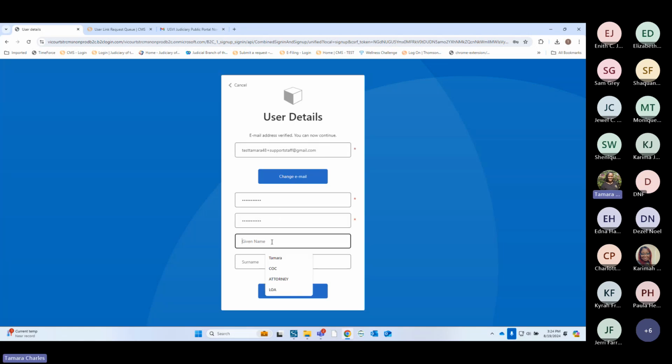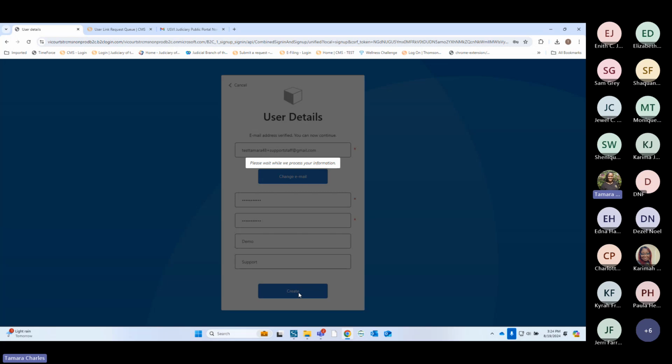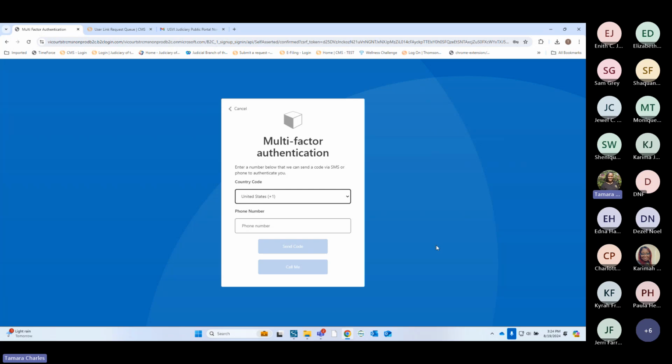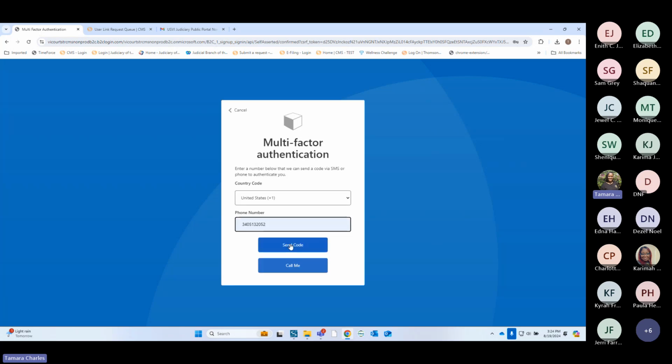So I'm gonna use this. My first name I'm gonna give is demo, and then I'm gonna do demo support because I'm gonna name it different things. So this is basically me creating my username, my password. I'm gonna save that. It's gonna ask me for authenticator,